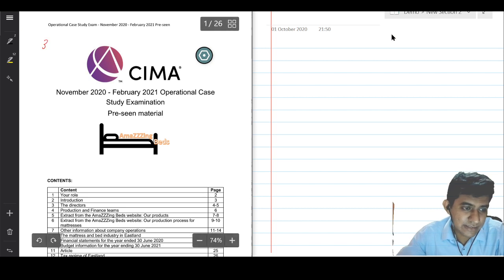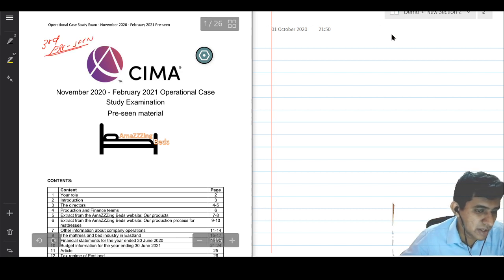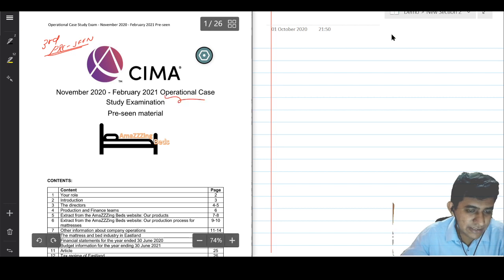So students, this is the third pre-seen analysis that we are going to go through in this new syllabus. The operational level case study is generally a technical-based analysis where you need to remember the content more when you are applying. So students, again I am telling you, please be careful before we approach the exam whether